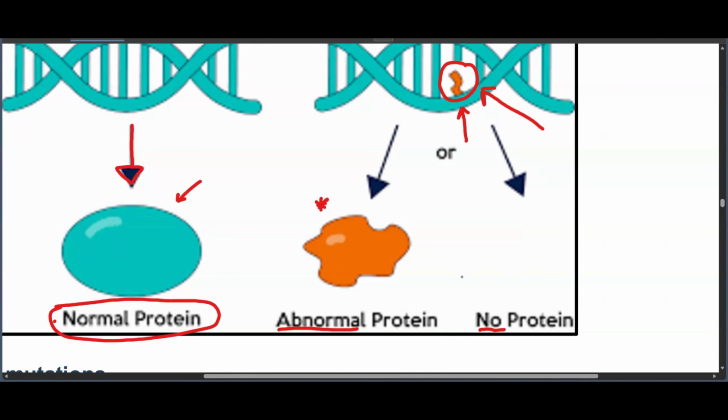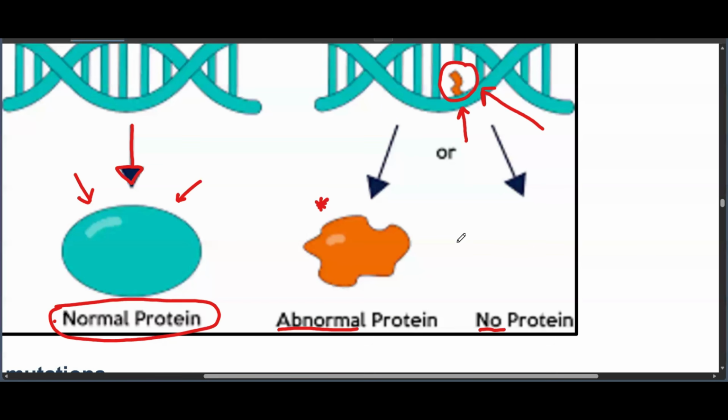And let's say, for example, this normal gene was producing a protein to maintain your eyes, or to maintain your eyesight. The moment the gene is mutated, it means that we do not have the proteins to maintain your eyesight anymore. That's when you start having blurry vision. So all of that is the effects of a gene mutation.